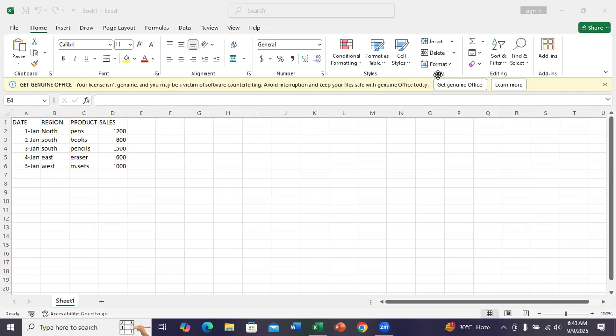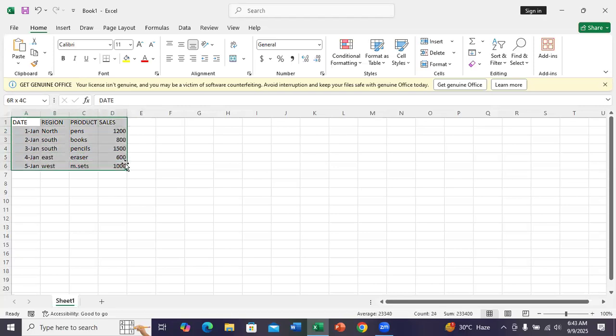So I've already shared my screen. So this is my data analysis that I'll be working on just for demo purposes. So how do we analyze data in Microsoft Excel? So first thing first, this table is supposed to be a table, or we give it some headings. So firstly, we highlight